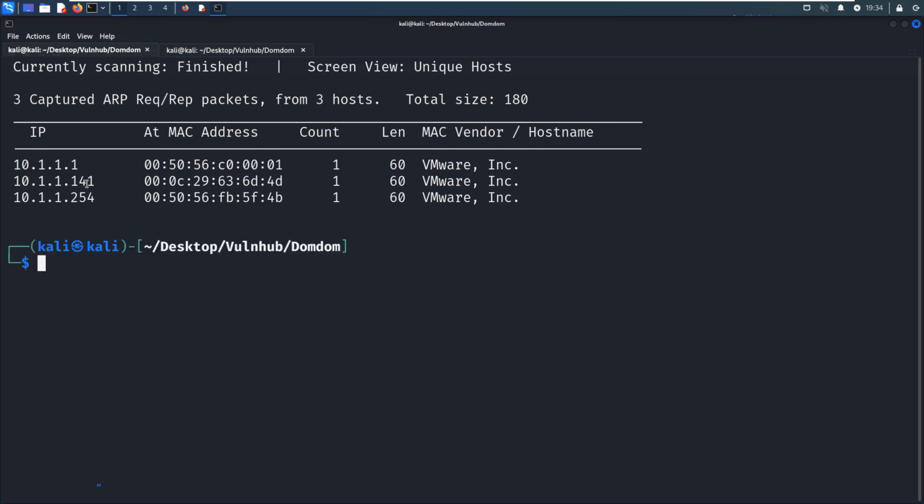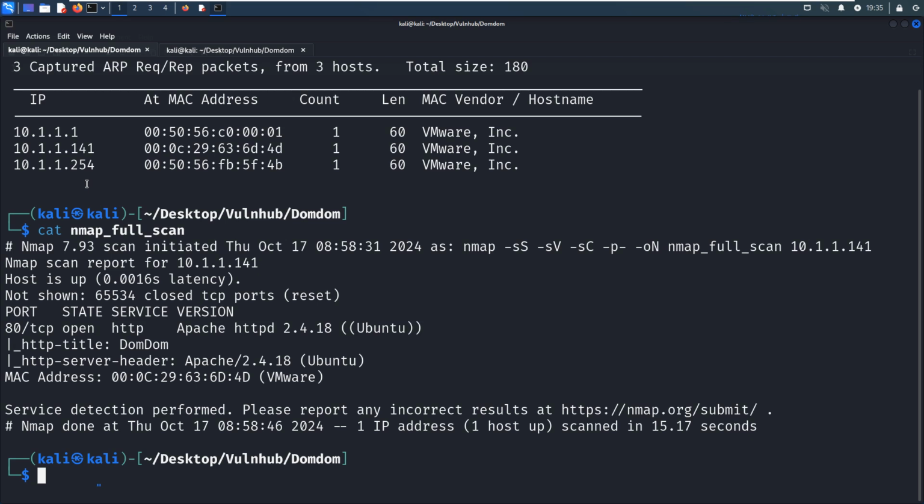We need to do the port and service scanning with Nmap. To save time in this video, I have already completed it before, so for now we just get out its result. As you can see over here, I used options like the SYN scan, the version scan, the default script scan, followed by -p- to do the full range port scan. The last option is -oN to output the result into this file, so then we can retrieve it when we want to look at it again.